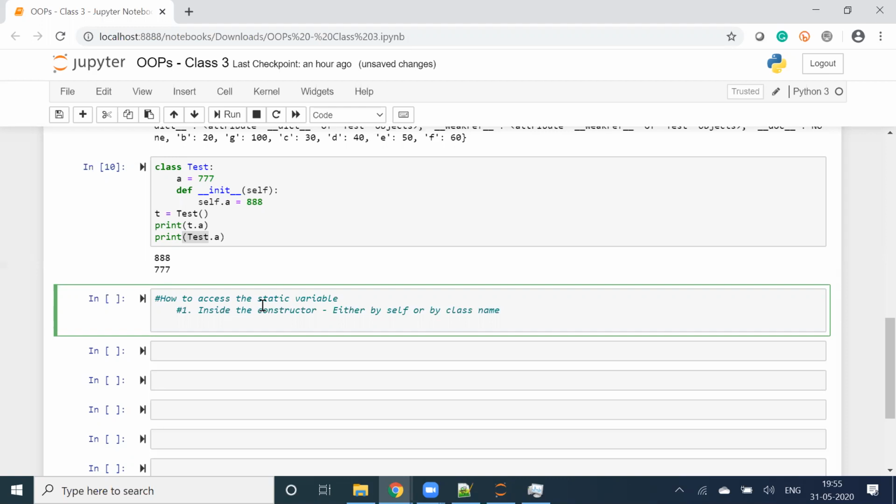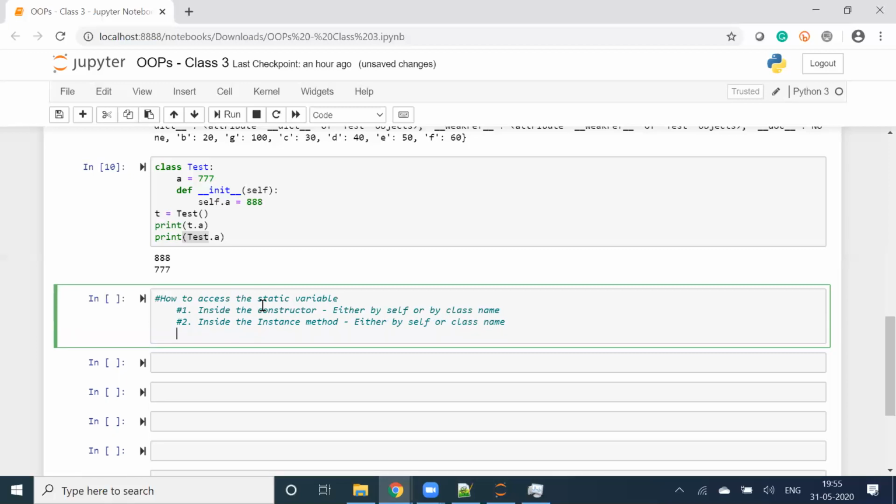Interesting. Next. Confusion will start, guys. Okay, so try to understand. If I want to access it inside the instance method, how will I do that? Either by self or class name as well. Here also, either by self or class name. Third, can I access it in a class method?